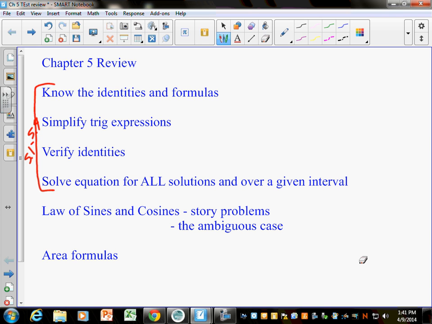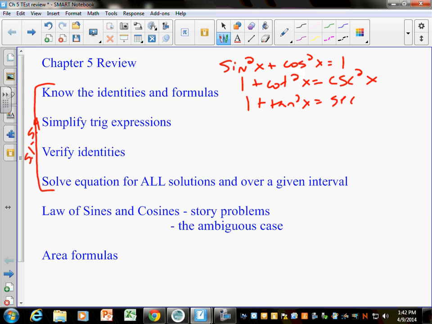The ones that you really need to study are the Pythagorean ones, which I hope maybe you know, but that's sine squared x plus cosine squared x equals 1. 1 plus cotangent squared equals cosecant squared. 1 plus tangent squared equals secant squared. You should know those. Other ones that maybe you want to look over, even and odd functions, if I threw a negative in there, I think there's one on the review with a negative in there that kind of throws people for a little loop, because it's been a while. But basically, those are the ones you need to know. Everything else, I think I'm giving you, because I'm ridiculous.